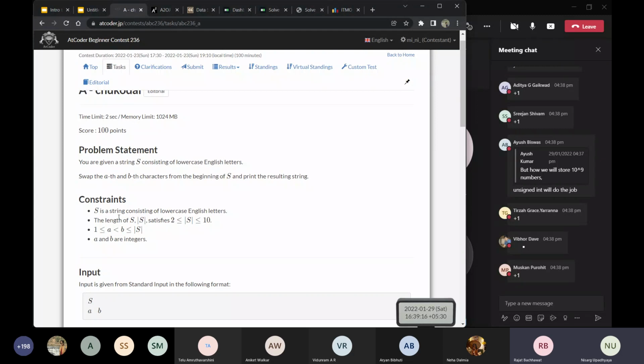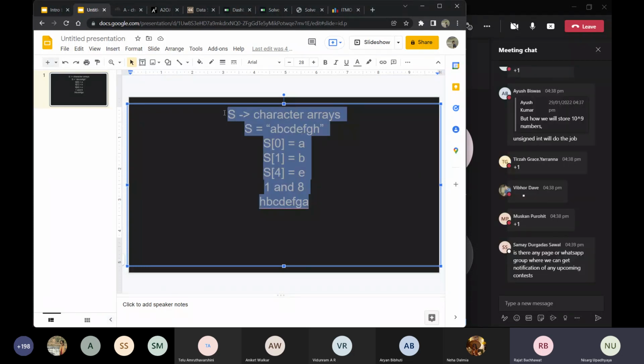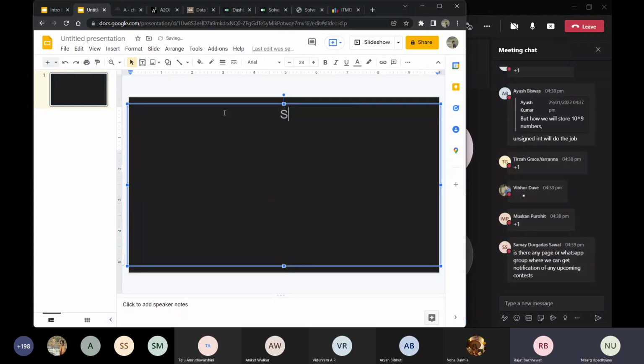That's very important. So in this case, the problem statement says that you are given a string S consisting of lowercase English letters. Grab the Ath and Bth characters from the beginning of S and print the resulting string. So that's the first part. Now, those of you who have taken PDS this semester will have an idea that strings in languages are generally represented as character arrays. So if I give you a string, say A, B, C, D, E, F, G, H, I,